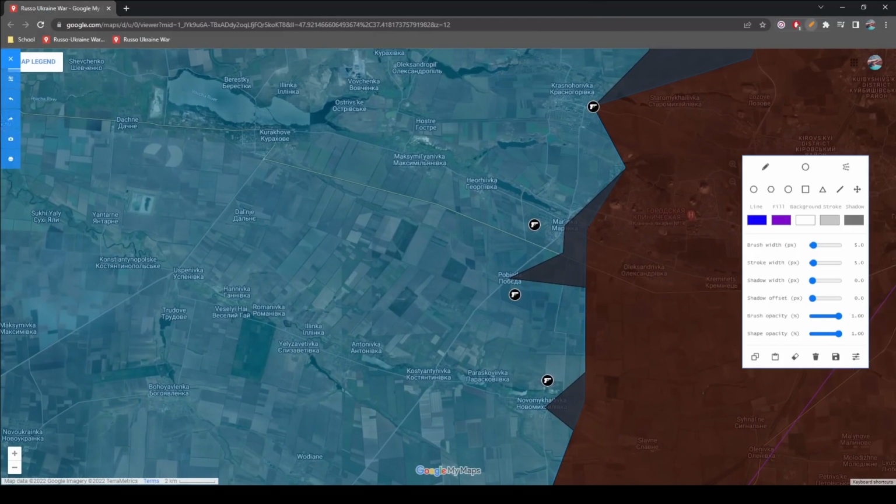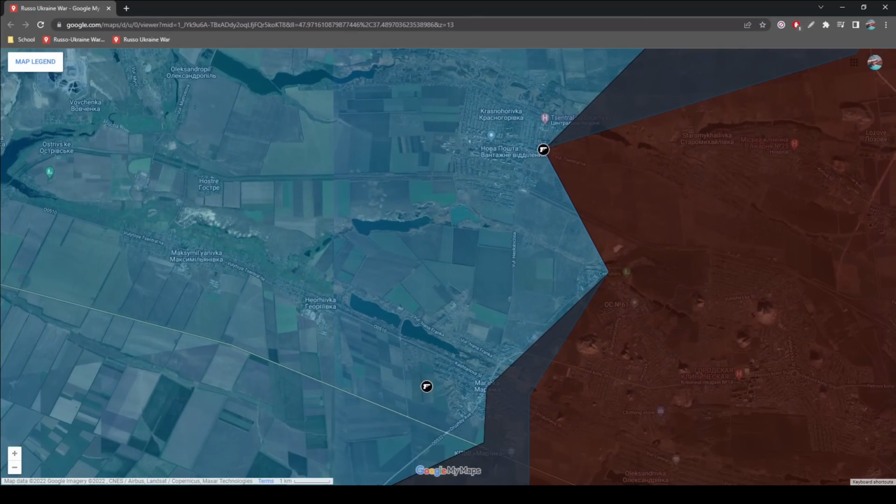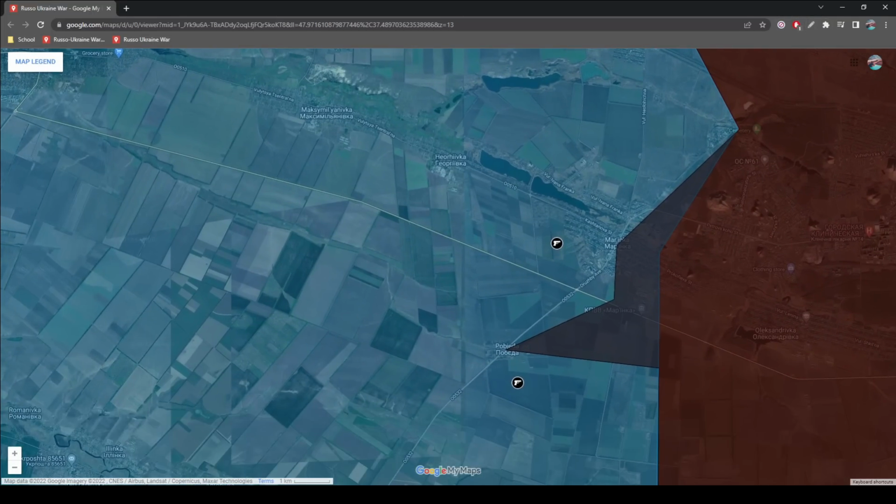Further south we see a push towards Povieda. This is most likely to cut this road, but also give an opportunity to go and outflank the positions at Marinka, as it is very heavily fortified and the Ukrainians are holding heavily onto it. Then they can connect it to the lake here and prevent an escape. With the Russian advances here in the north, they can actually connect and outflank the Ukrainian defenders